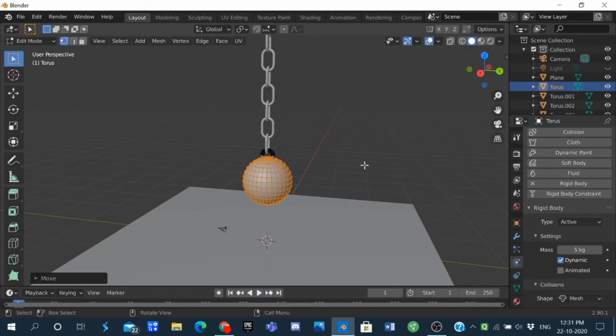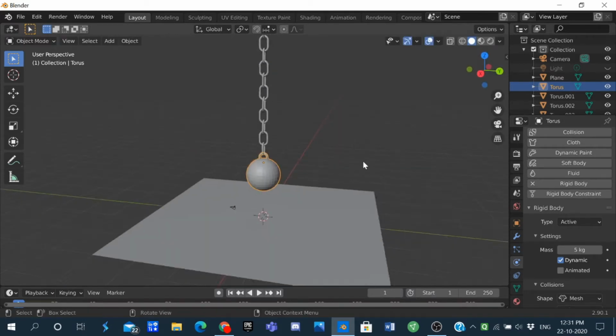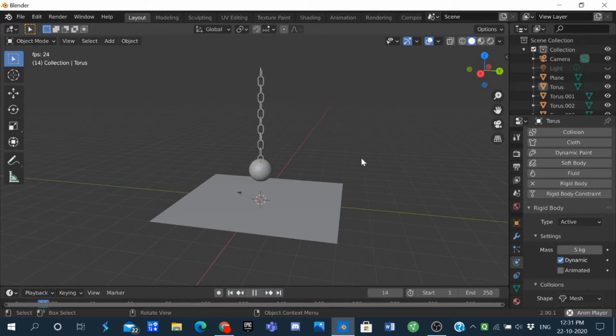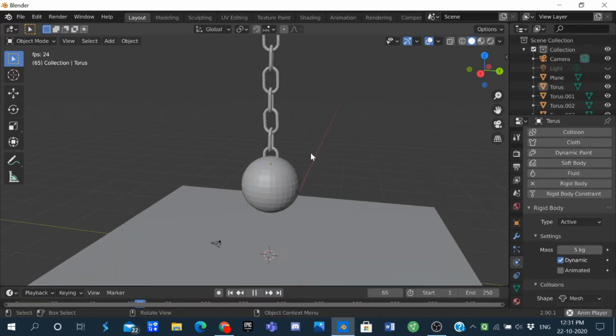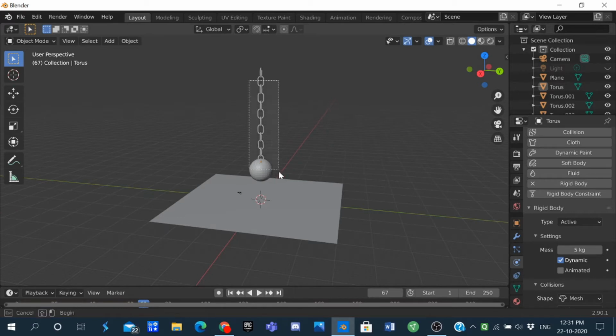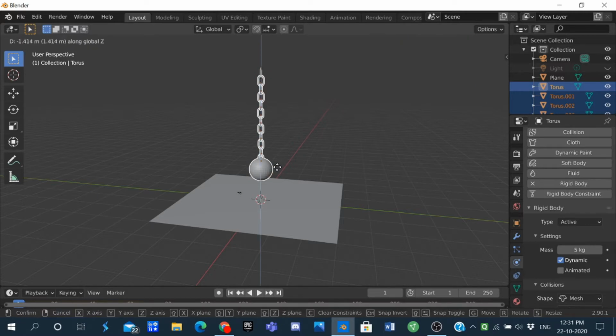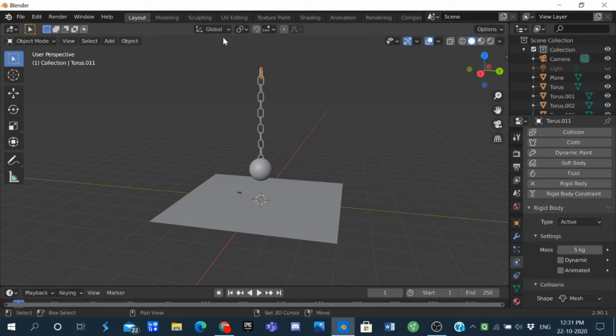Okay. So now let's see our animation. So you can see it's working perfectly. If you want, let's see it now. See, it's working perfectly. For the animation, we are going to drop it. So let's over here set the